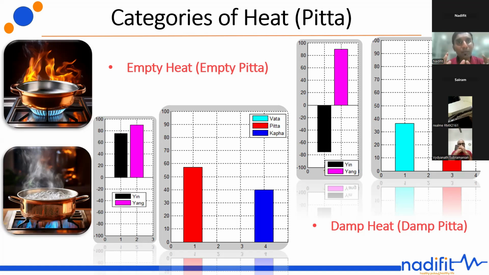And this dampness is heavy. It always goes downwards. While going downward, it won't go alone. What it does is it carries this heat and moves downwards. Now assume that the person has damp heat in the lower part of the body, let's say